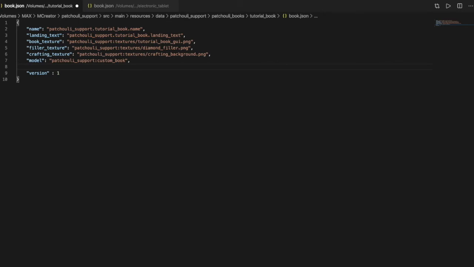You can also make an open sound, so when you open the book you can have a sound. So this is open sound, and I don't know, patchouli_support:opening_books, for example.